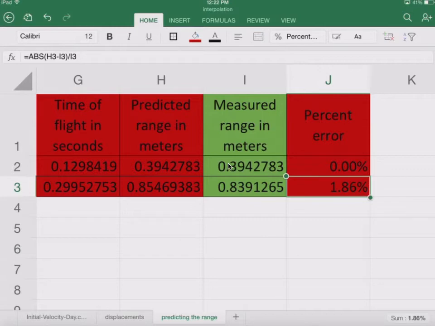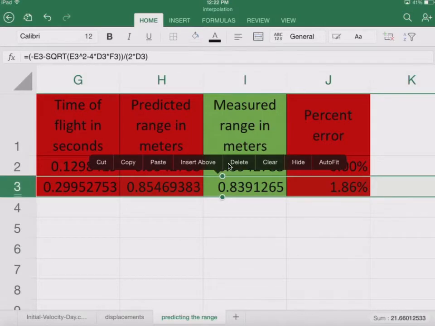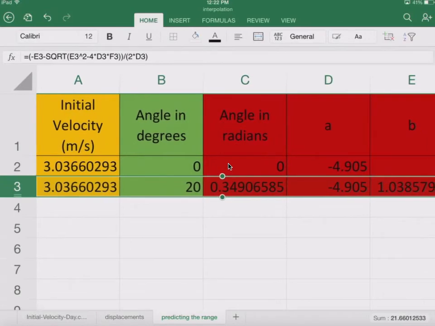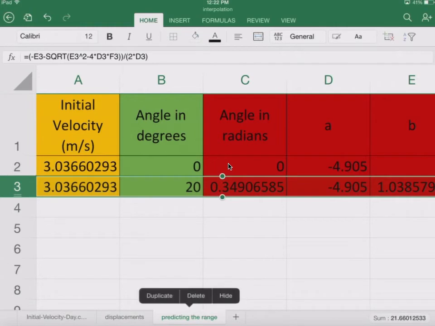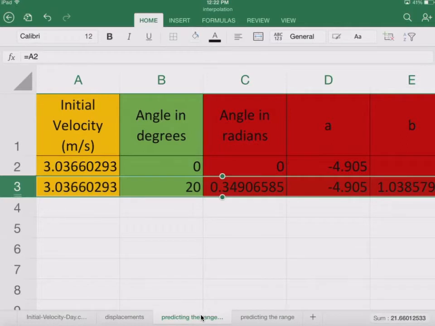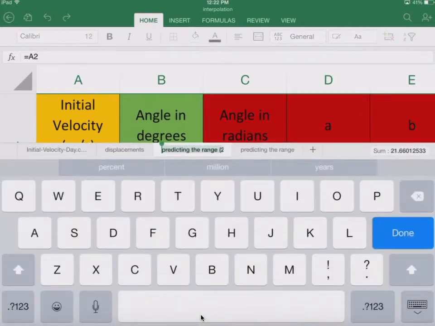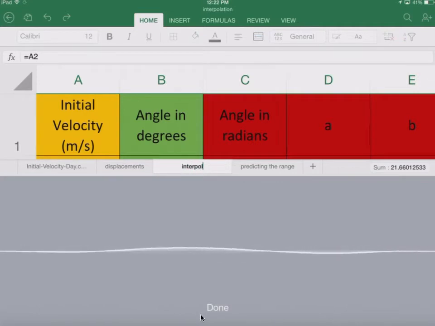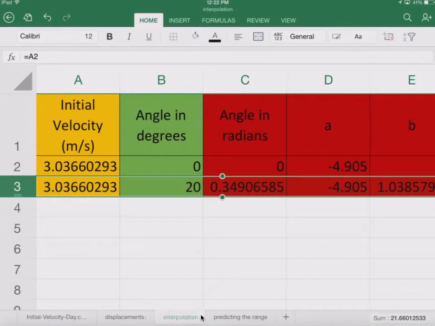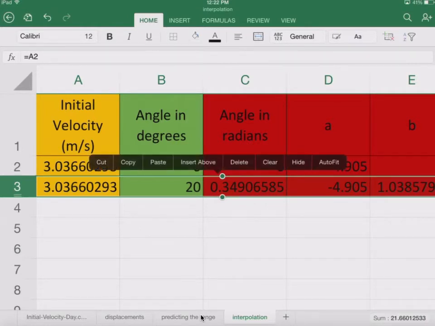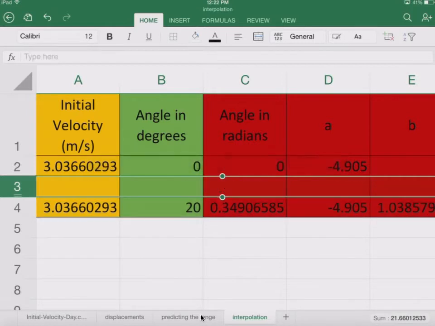Okay, so now, since we've made this interpolation document, let's go ahead and take predicting the range. Let's tap it once. I just tap down here once, and I want to duplicate that page, and we're going to call this interpolation. Since this is pretty much the 4th page, I'm just going to pull it to the right here. Okay. So now that we have interpolation, we want to insert 19 rows